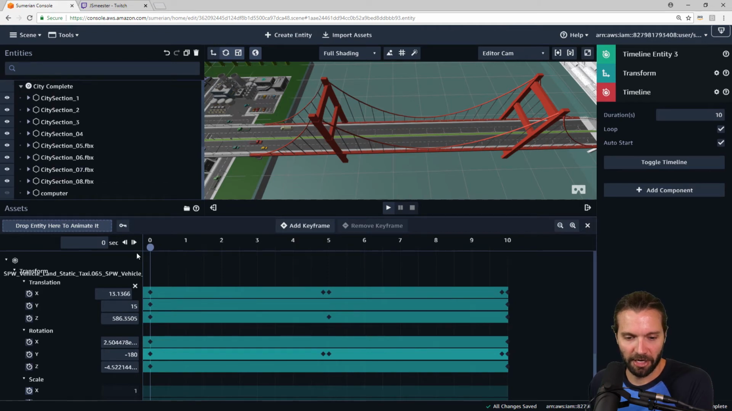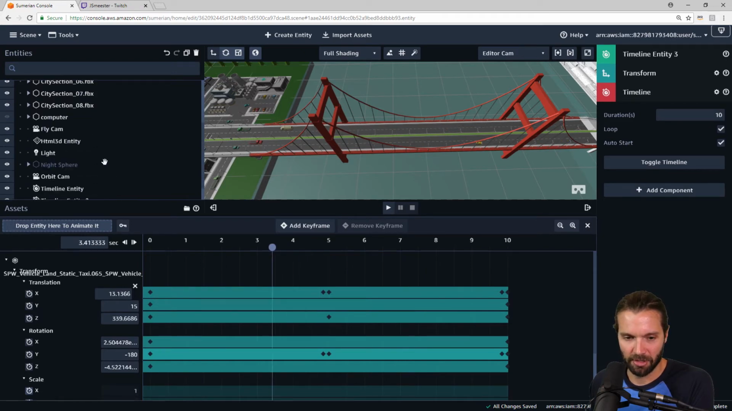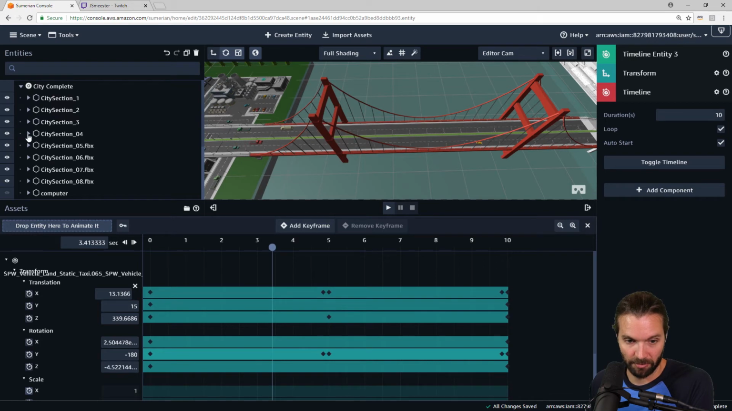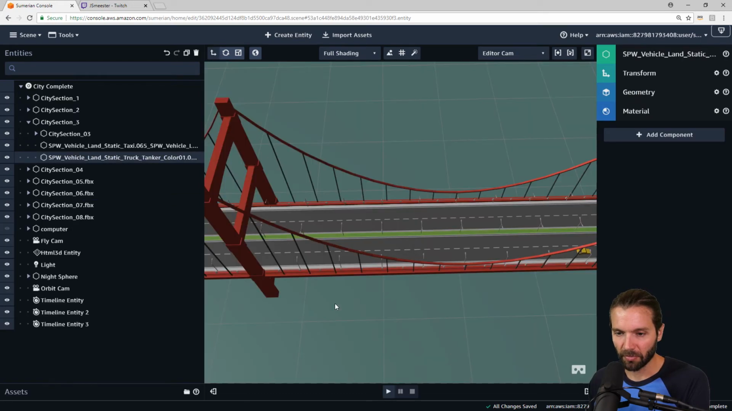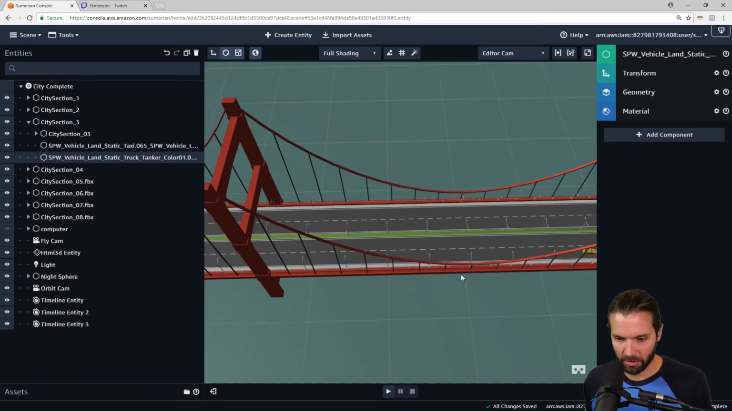Now, the difficult thing I know right up front is that the nice thing about using a timeline is that I can scrub the playhead through and see where it's at. I can't do that using a state machine. So let's see which is easier. I'm going to go find, where did I put it? City section 3. Okay, the tanker. I'm not going to be using